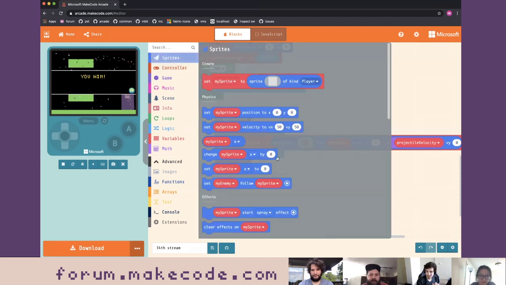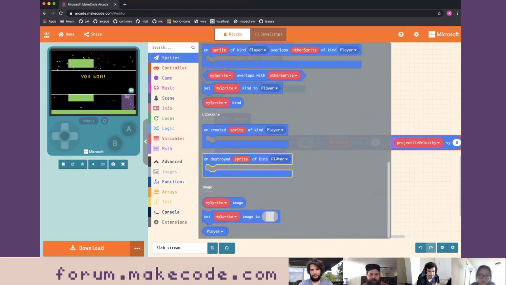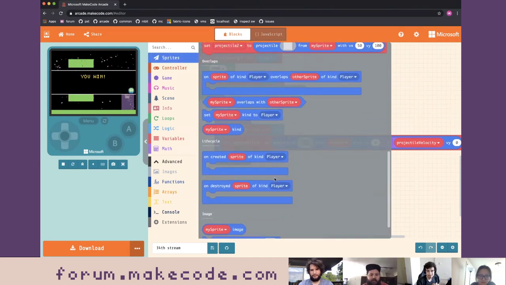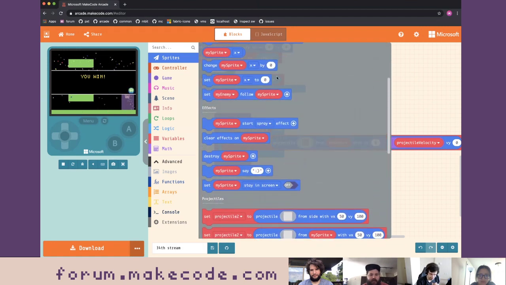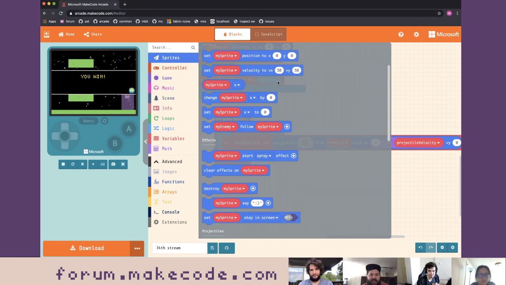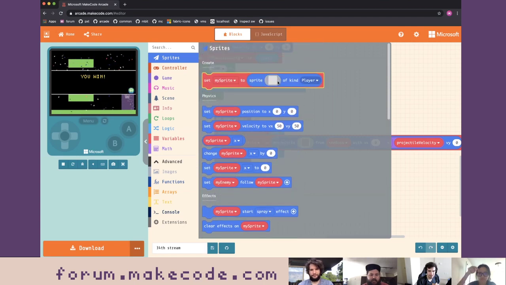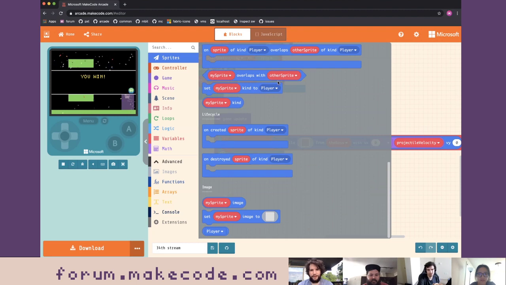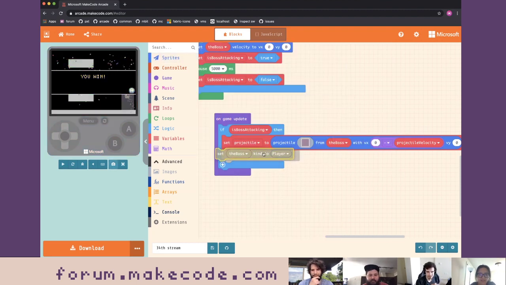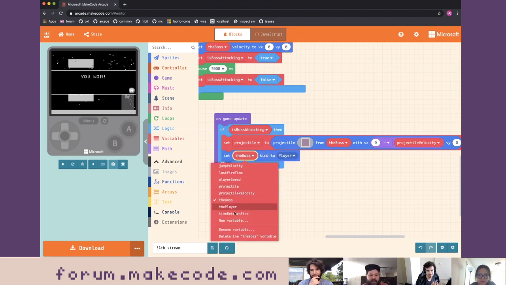All right, so let's go into sprites, and I'm going to go down to the bottom here, or not quite the bottom, actually, the bottom of this category, which has a set kind block, right? Nope. I think it might have been the very bottom. Yeah, with overlaps. Right above life cycle. Okay, so we're going to set the projectile's kind